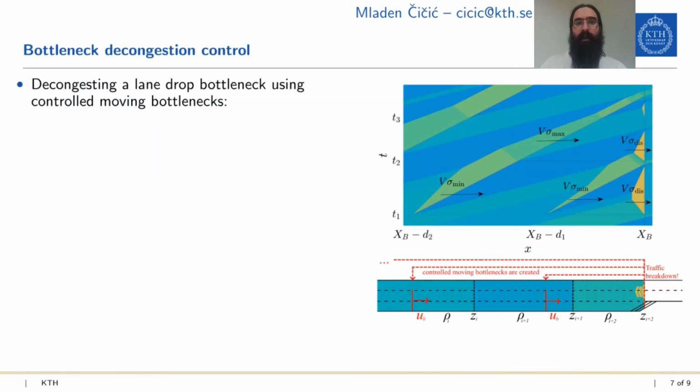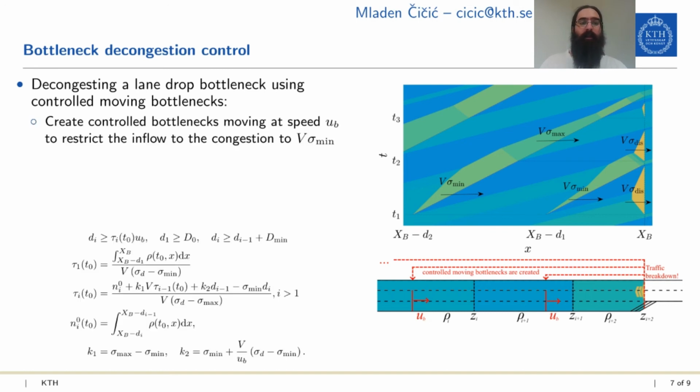So now that we have this model ready, we can use it for bottleneck decongestion control. And the situation that we're looking at is as you see here. So we have a 3-lane road and a lane drop bottleneck towards the end of it. So if we don't do anything, eventually higher density traffic will reach the bottleneck and we will have a traffic